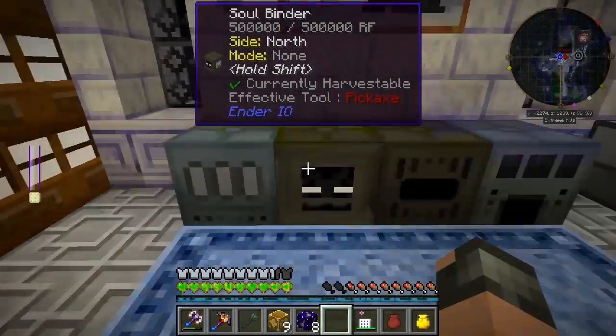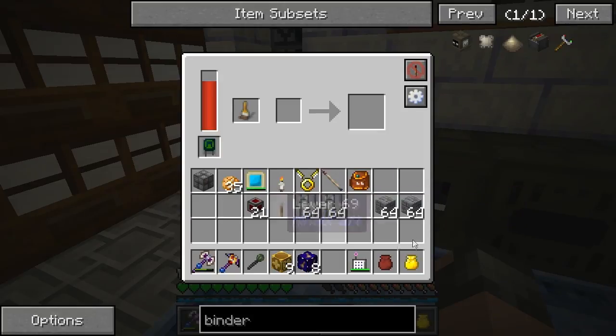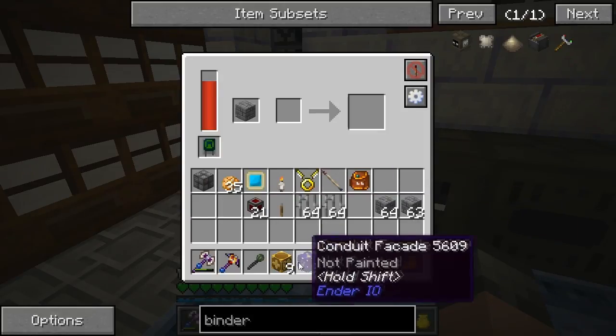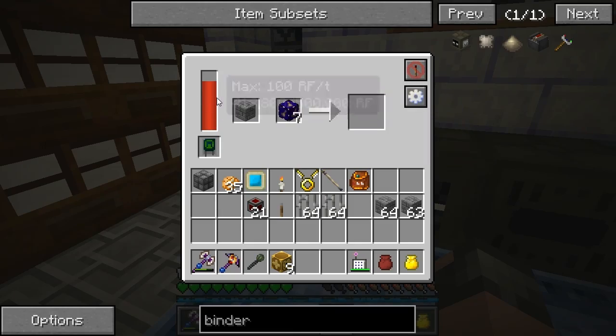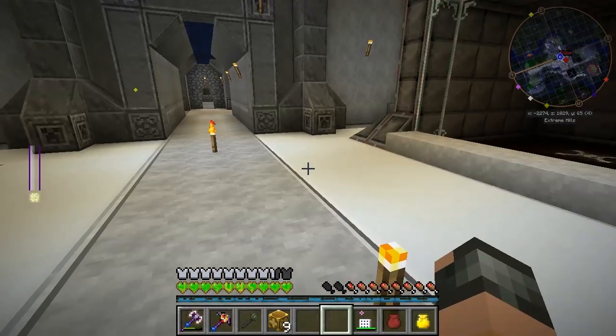What we'll do is we'll go to the painter, we'll take that technical block out, and we're going to put that in. And we're just going to whip these 8 up for now. Why is that so low power-wise? I am now slightly paranoid that...